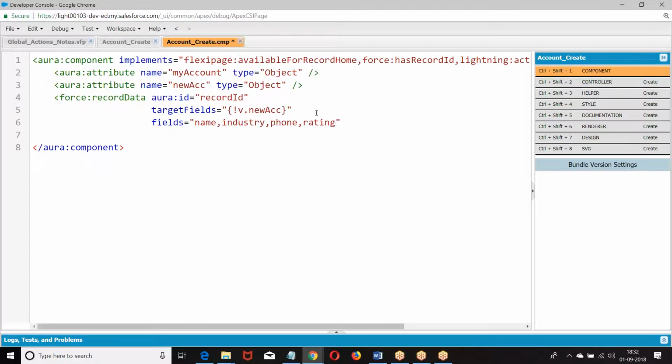Now, if I want to use the properties, we have one more concept. What is that? Instead of giving all this, I want to create a form. What is the concept we have? Record edit form, record view form. There automatically properties will be applied. Or else what are we supposed to do? Input field. I was supposed to go with the input field. Generally, that input field comes on record view form, record edit form.